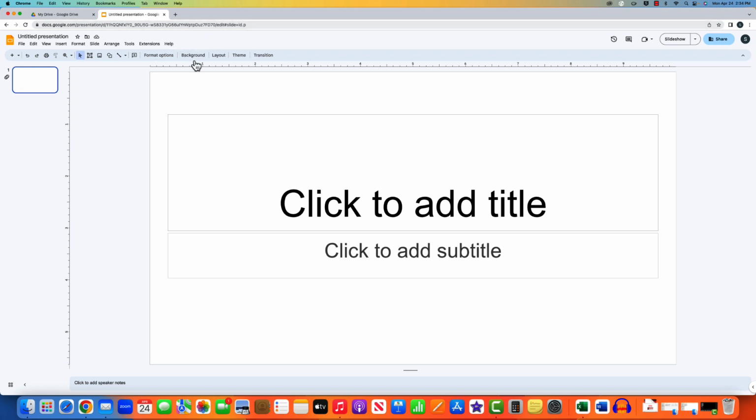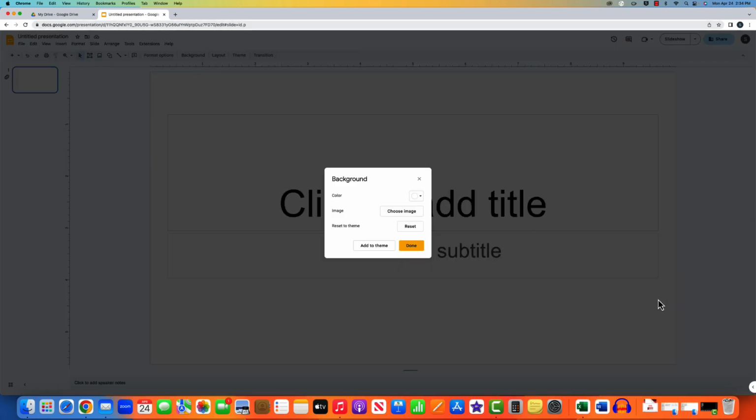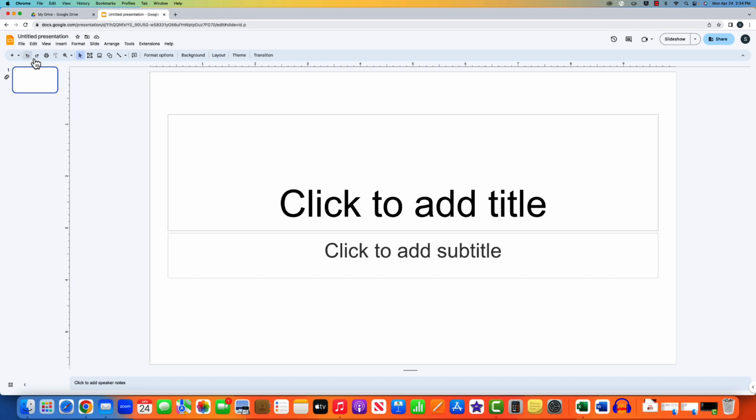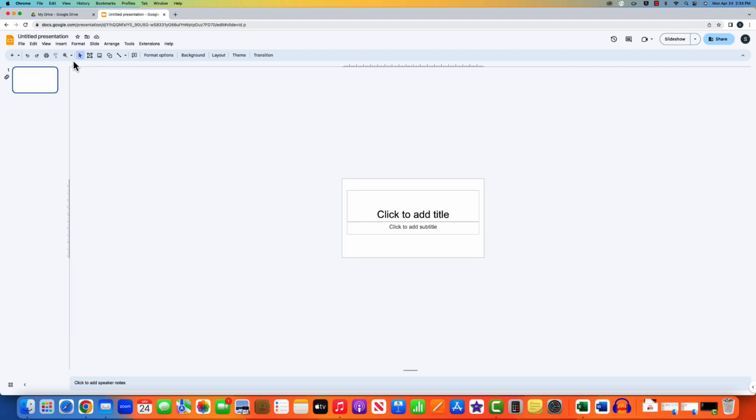As you can see here, in this section right here, you can undo actions, redo actions, print your slides, zoom in or out, which is pretty self-explanatory. You can create new text boxes. So if you select this, you can make another text box where you can type if you want to format the slide differently. You can insert images,